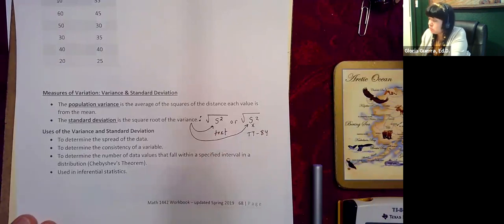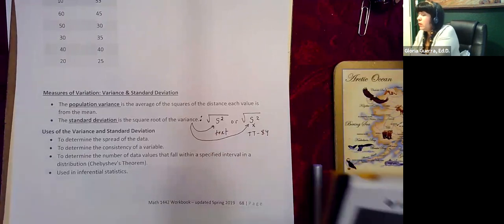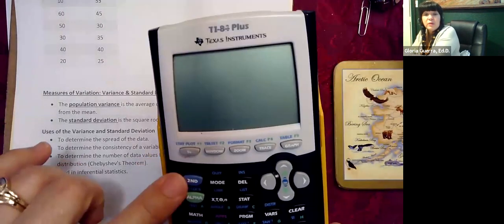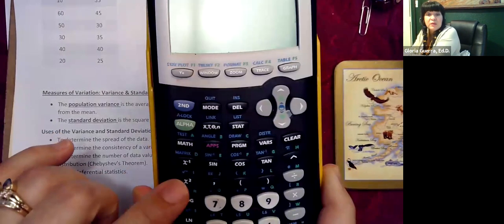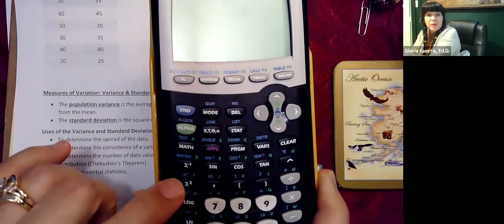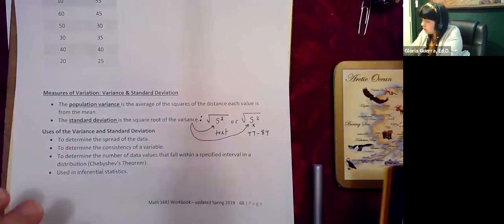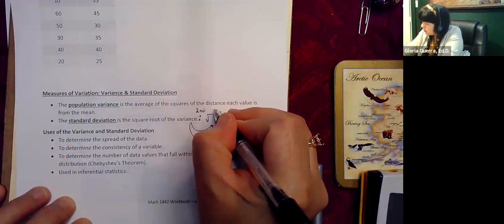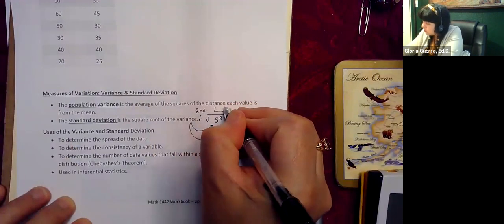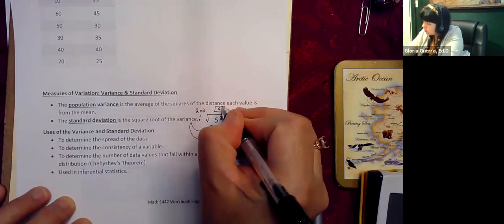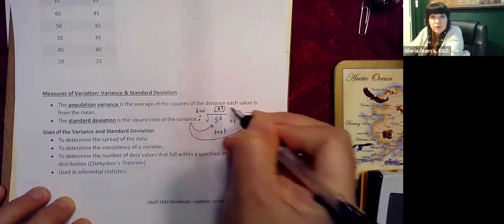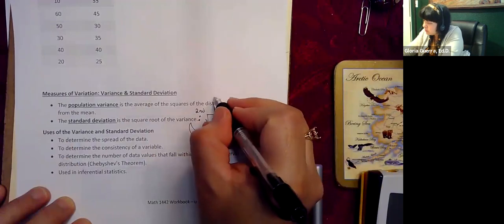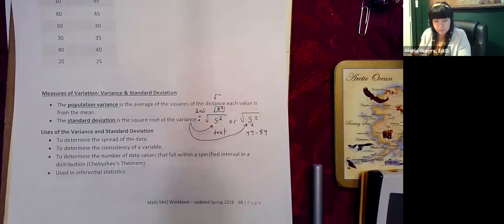And to activate the square root on your TI-84, you would use the second button and then the x squared, because that's where you have that radical there. So you would use the second button and then the x squared button, because right above the x squared button is the little radical. Okay,